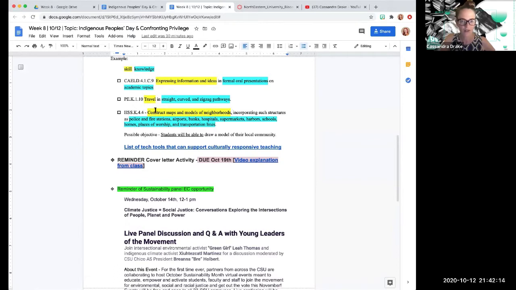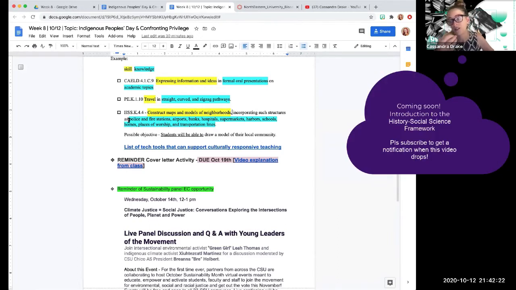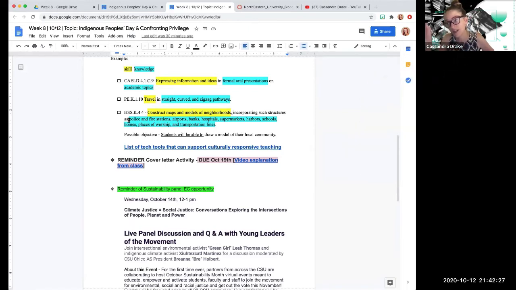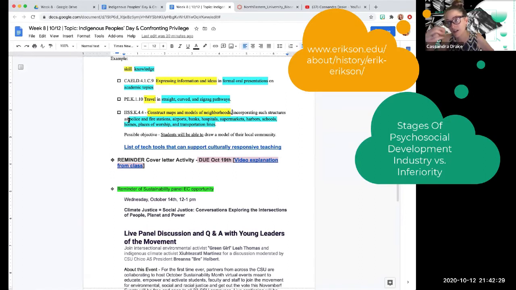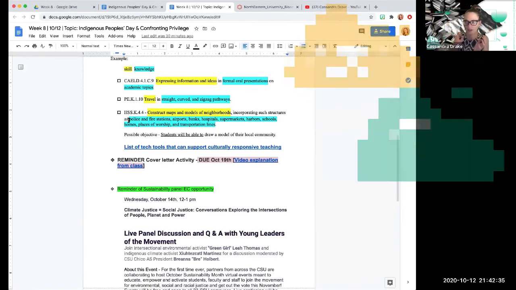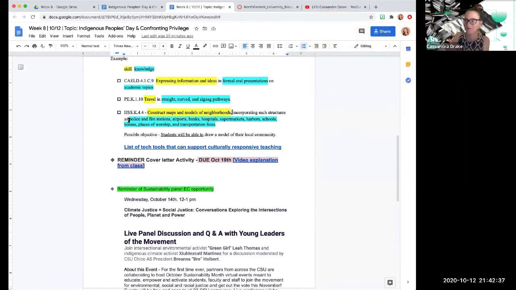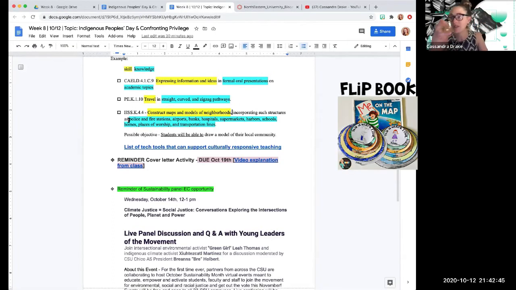And of course, within that, the knowledge is that they have to know about these structures, which represent important pieces of society. So kindergartners learn a lot about how society's set up. Think about Erik Erikson's social development. Little teeny humans exist within themselves, so it's that next step of helping them understand their world. If you've seen the Me on the Map activity or lesson plan before, it's very common in kindergarten, specifically